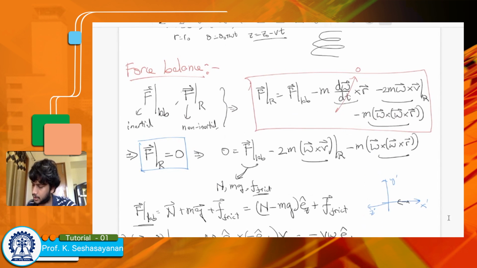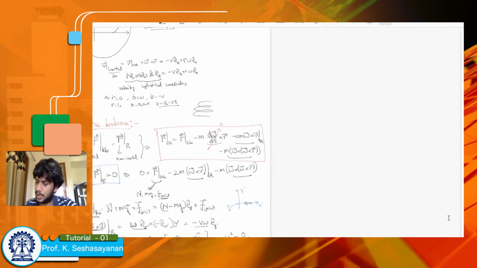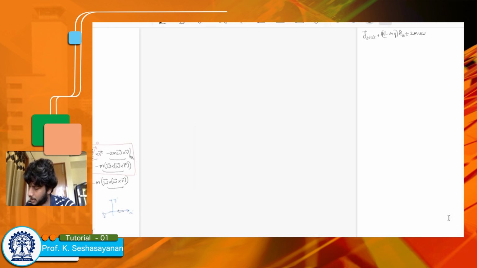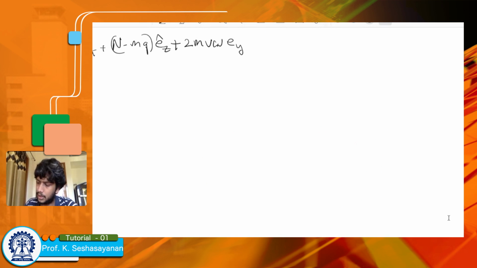Your omega cross v is minus v omega, so that becomes plus 2m v omega, and it's along the ey prime direction. And similarly, you get minus m omega cross r, and minus m omega cross r would become plus m omega square r ex prime hat. So all this should be equal to 0, and we can see the only forces acting in